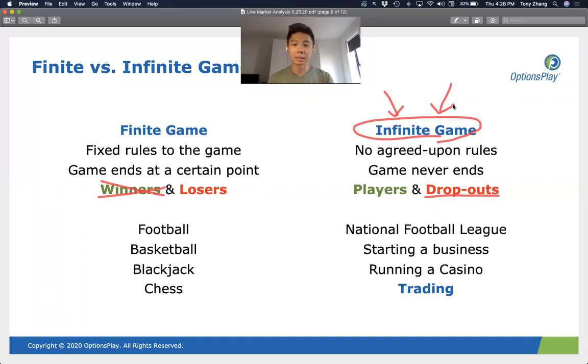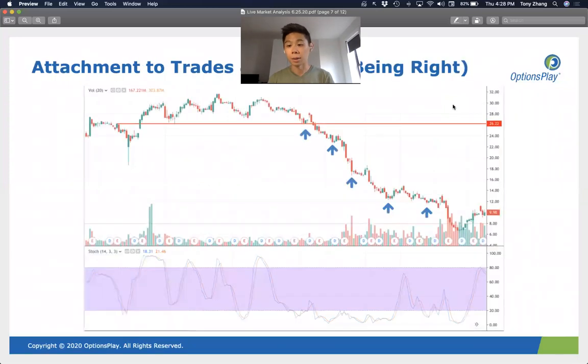And there are some fantastic talks on this topic of infinite versus finite games that really apply to so many other aspects of your life outside of trading. It applies to your marriage, it applies to running a business. Once you realize this, it really changes the way you think about so many different things. So I highly recommend that for those of you interested in succeeding in trading, spend some time thinking about this and how you approach your risk management.